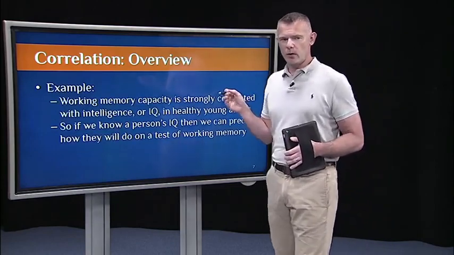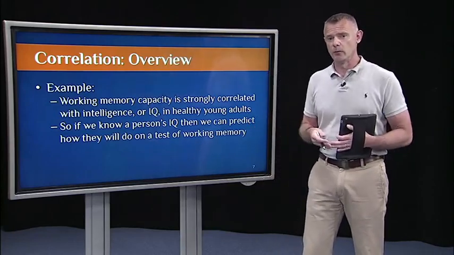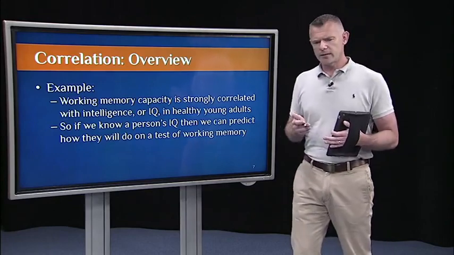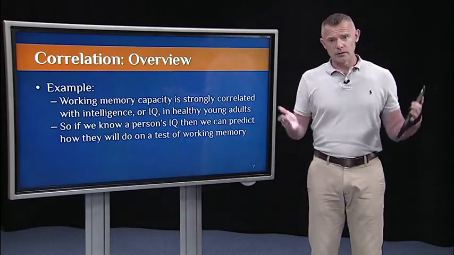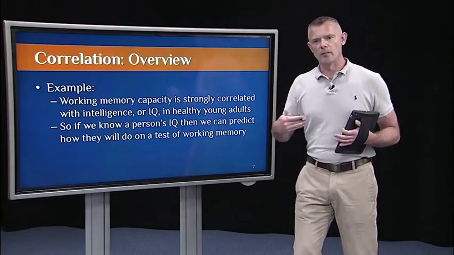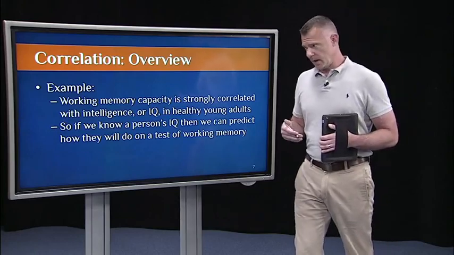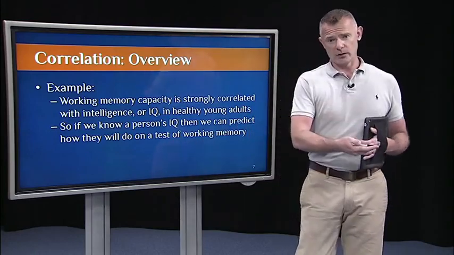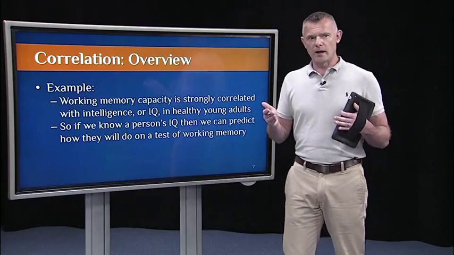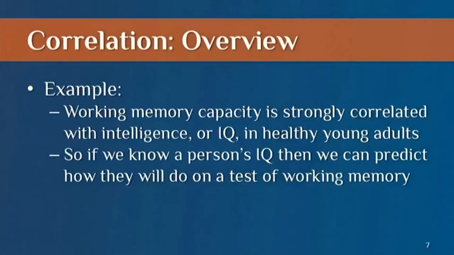So let's go back to this example of working memory capacity and intelligence. I've mentioned that this is my area of expertise in my own research, and in the first lecture on experimental designs, we talked about this study and this whole literature that's booming right now. It's actually an industry that's booming online, where people are trying to train their working memory to enhance their intelligence. Well, where did that idea come from? It came from years of research, some of it done by my graduate advisor, Randy Engle, some of it done by myself and my colleagues, showing that scores on tests of working memory capacity are highly correlated with traditional standardized tests of intelligence, or